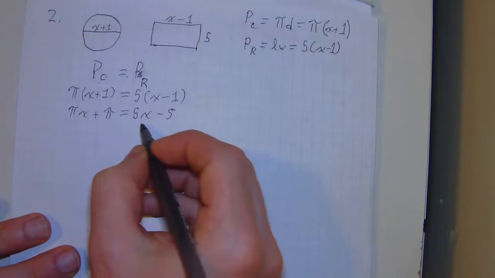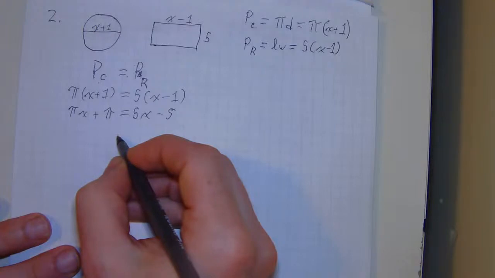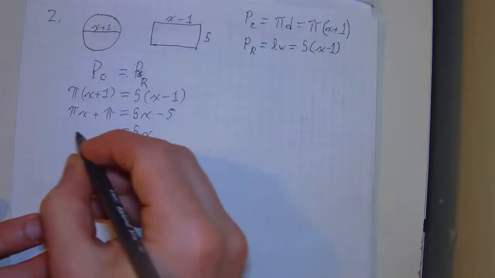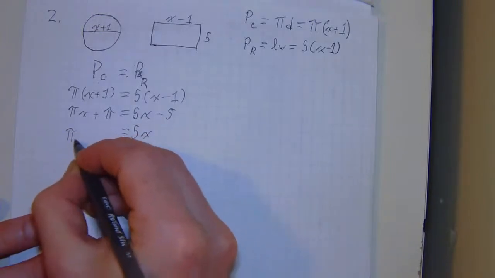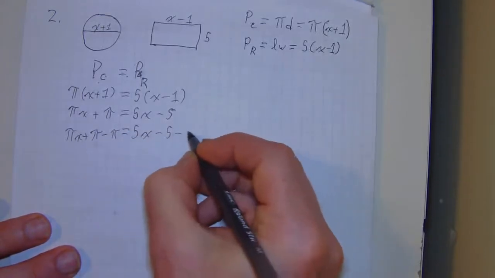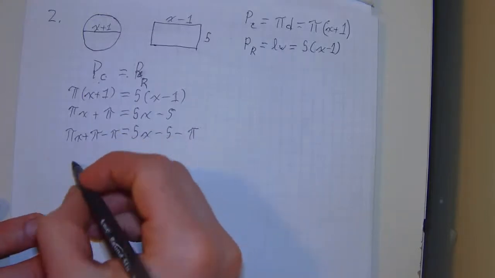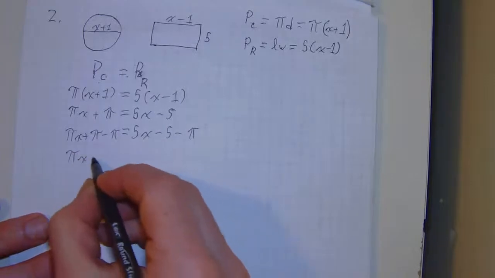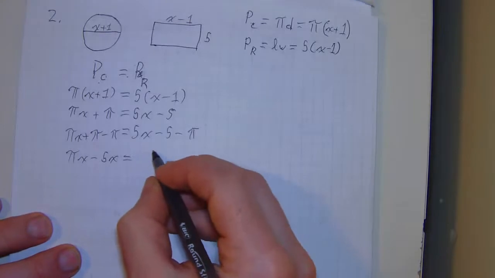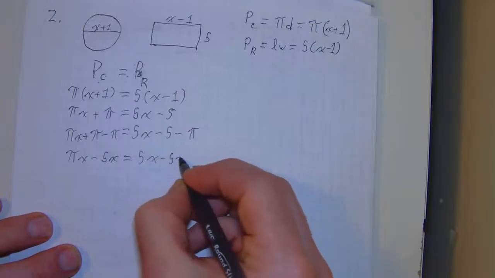So we'll have, I think I want to keep the x's on the right side. So I'll do pi x plus pi minus pi equals 5x minus 5 minus pi. And then, oh, sorry, I'll move the x's to the left side. So then we'll get pi x minus 5x equals 5x minus 5 minus pi,